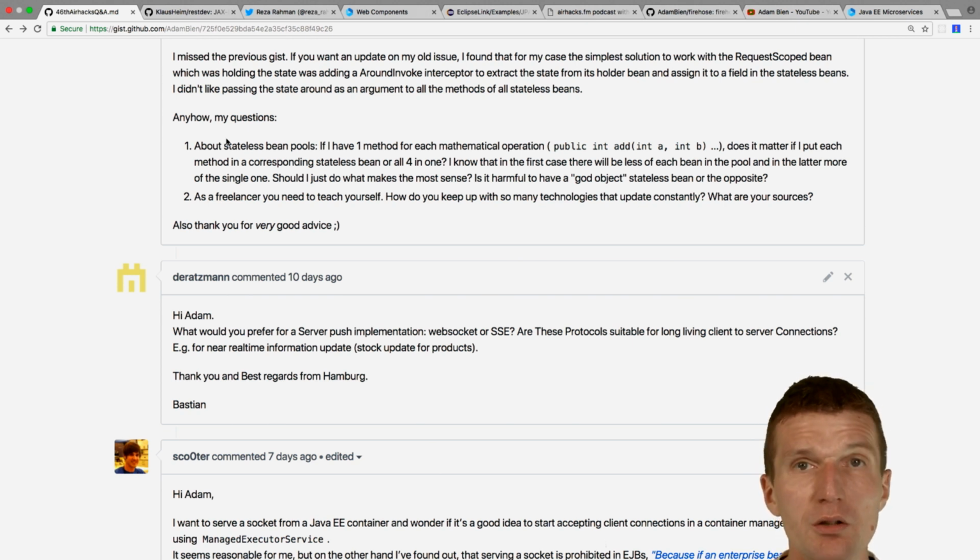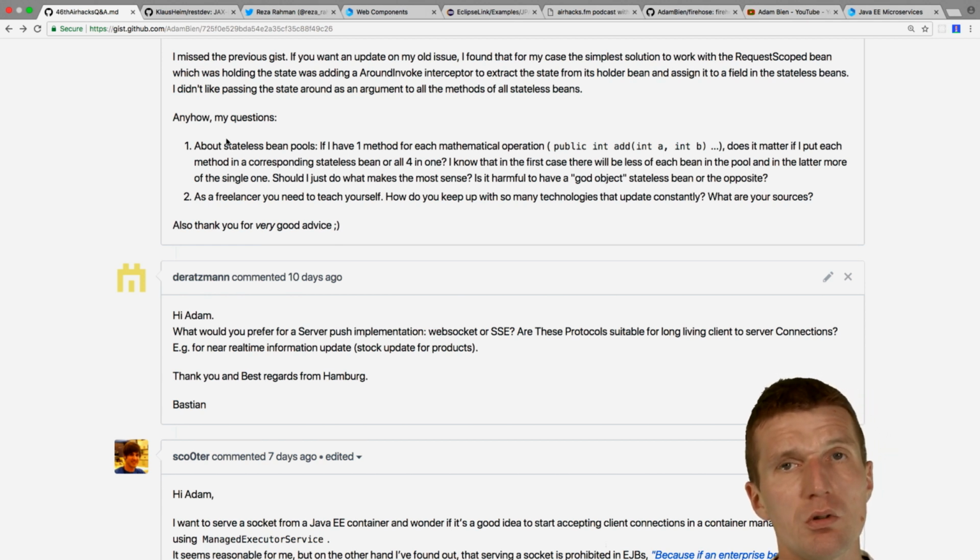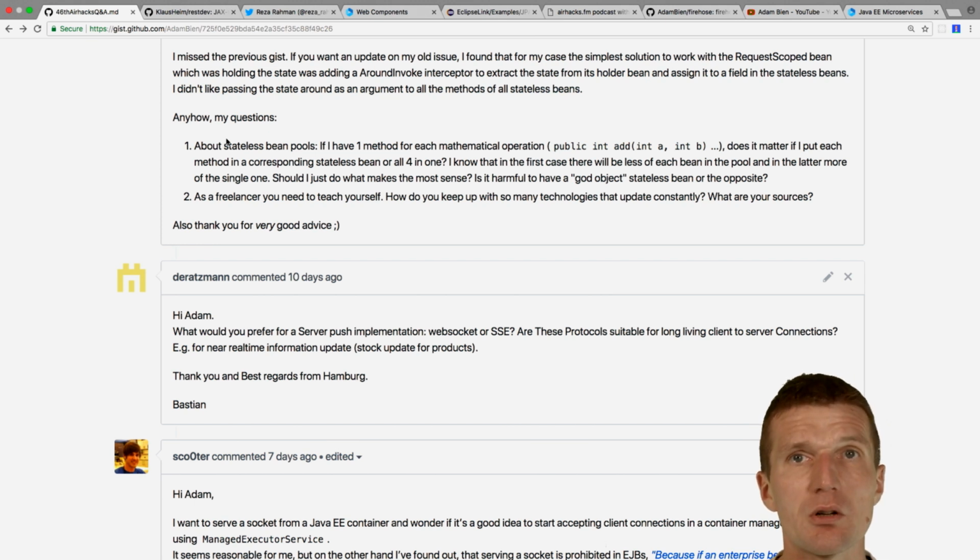You cannot answer the question right away, because if you're just using simple Java calculations, you have to use one EJB. But if something happens there, let's say you are calling a database, which takes longer than, let's say, 100 milliseconds or 50 milliseconds, then it becomes interesting, because if you have four EJBs,